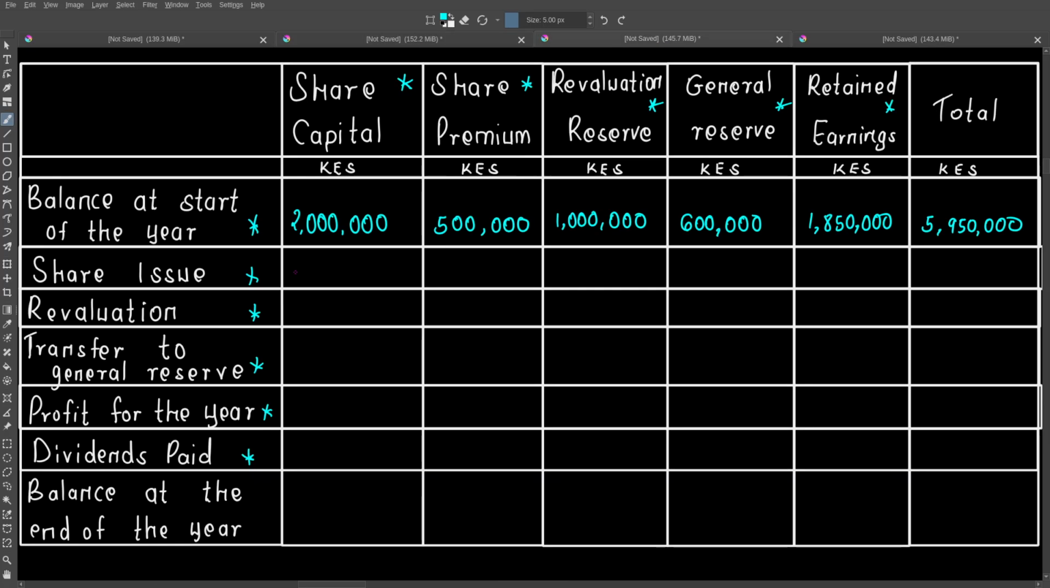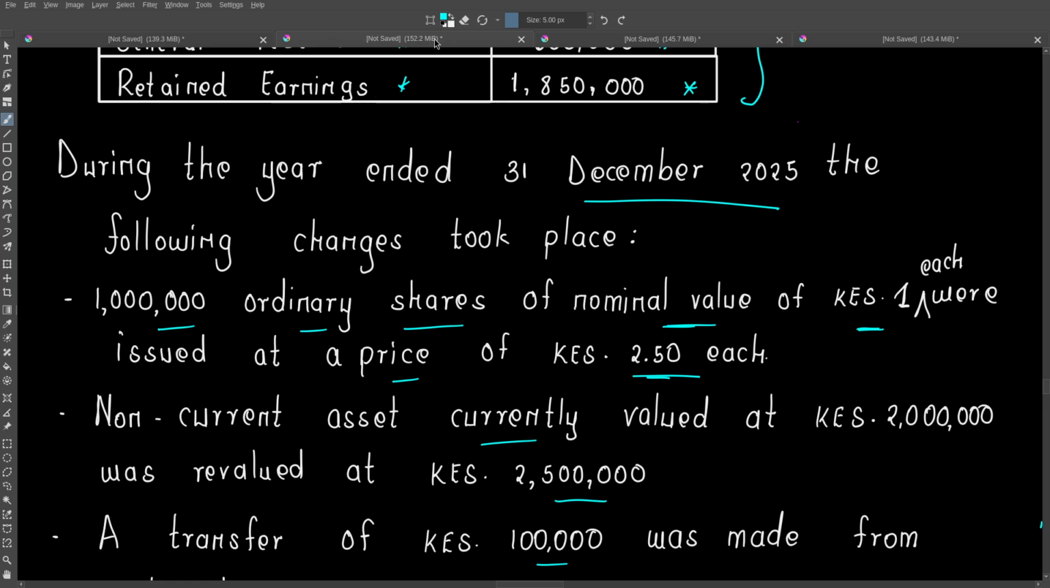So we can indicate under share capital that one of the movements that has happened is an increase of 1 million. Then for our share premium we have 1.5 million. Okay, then let us look at the next